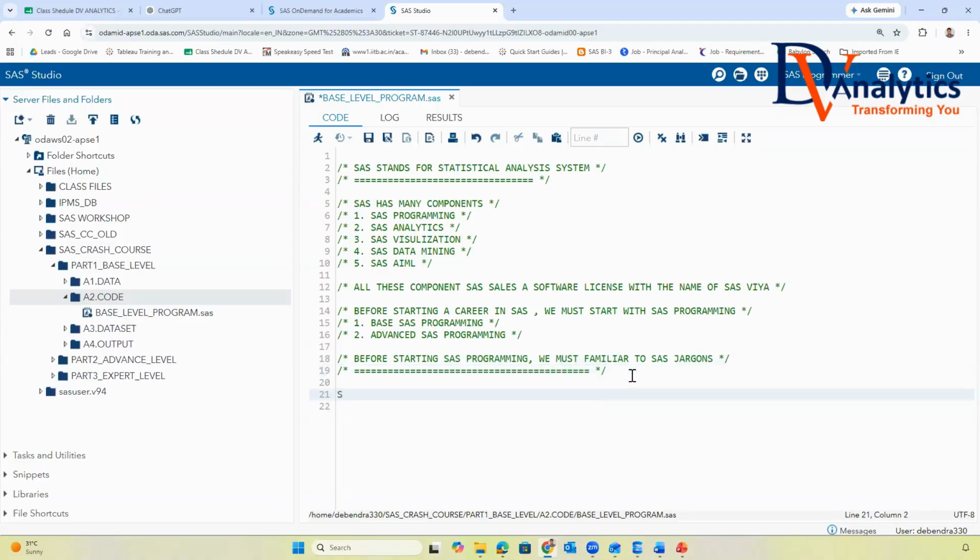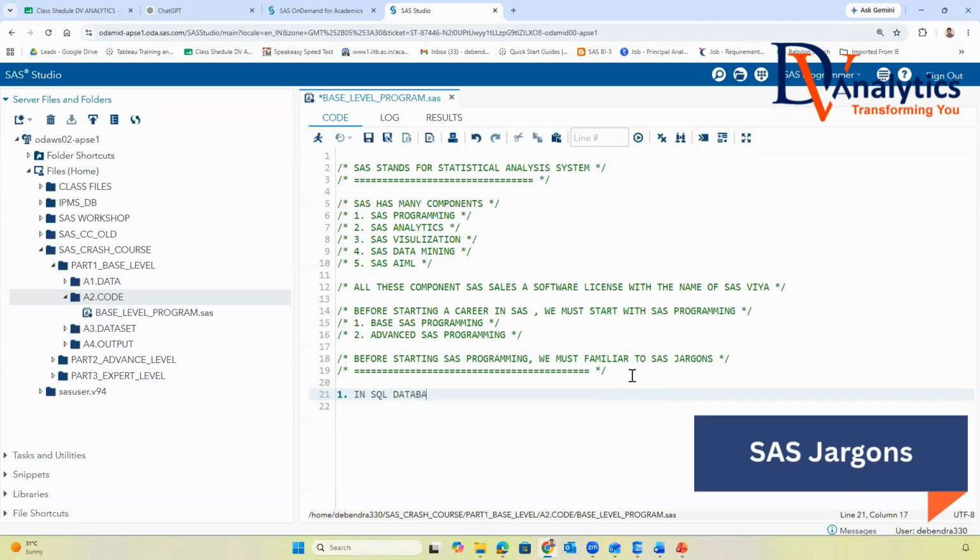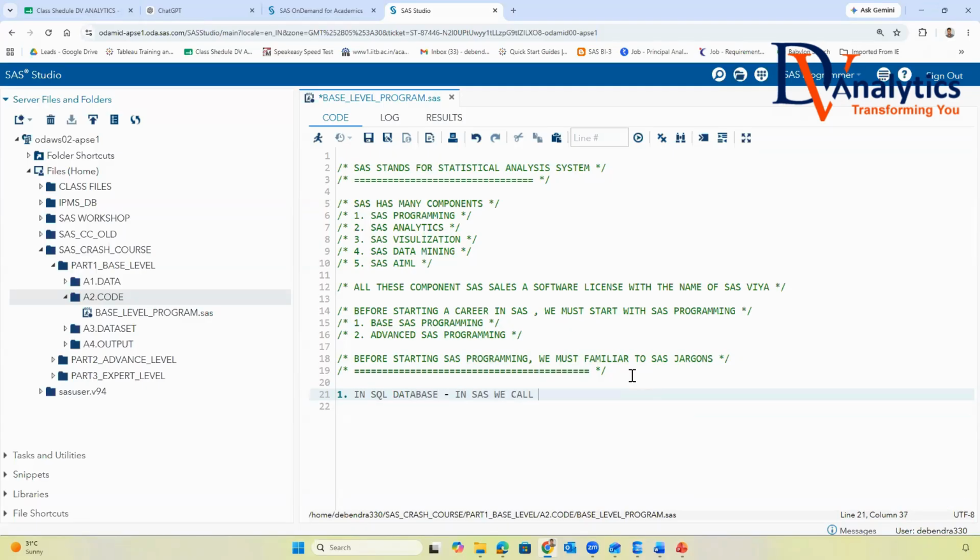SAS jargon: number one, in SQL we say database, in SAS we call this a library. So we have to understand, in SQL we call it database, in SAS we call it library. In SQL we call it table, in SAS we call it data set.